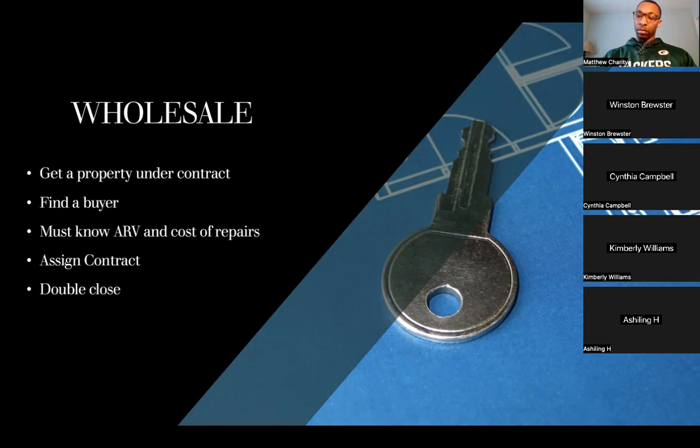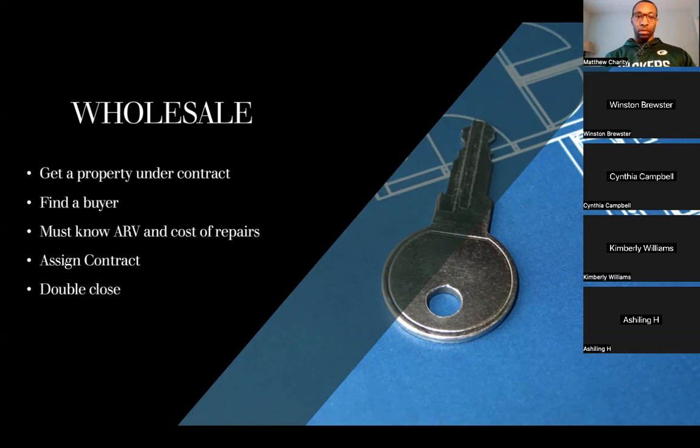Wholesaling, a lot of people get into it when they first start as new investors because it's something you can do without loans or money. You don't need really any money to do it. And I think it's easy. It is a good starting point if you just want to get some money and you don't have money,